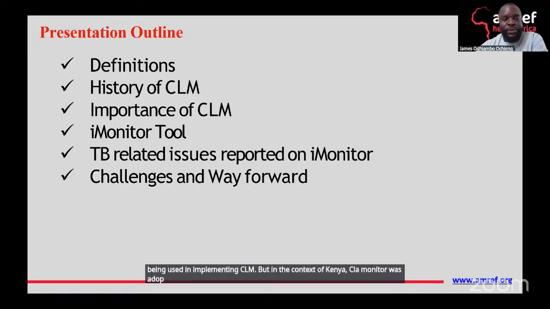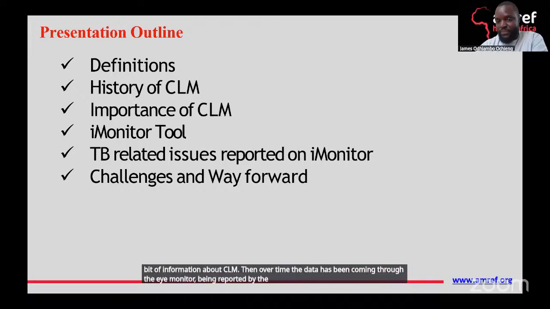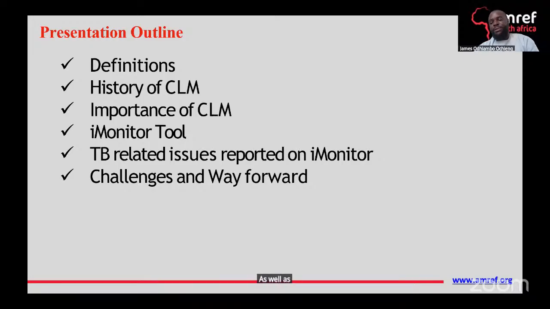I will give information about it. Over time, data has been coming through iMonitor, reported by those receiving services, and I will dive into some TB-related data we've analyzed, as well as challenges and the way forward.